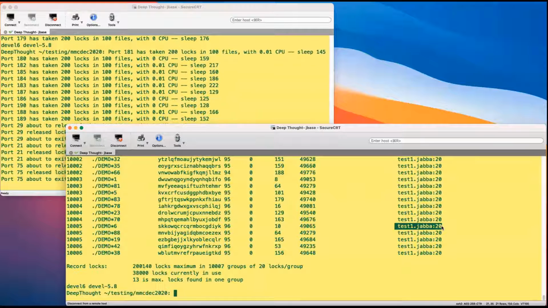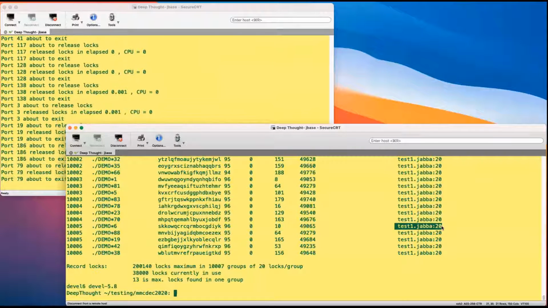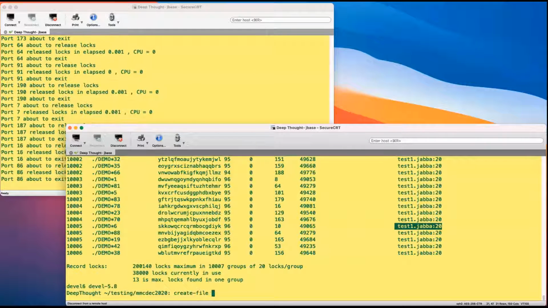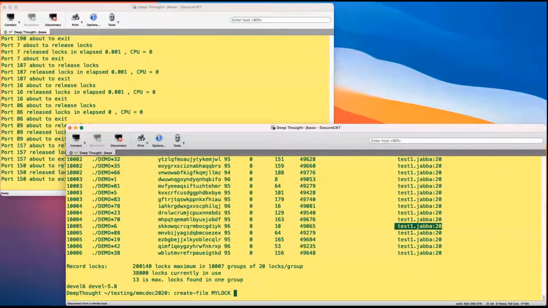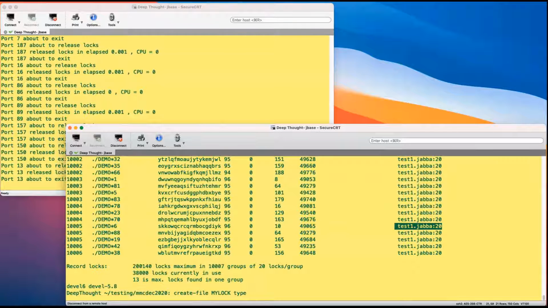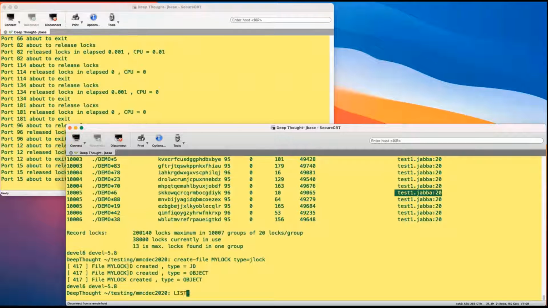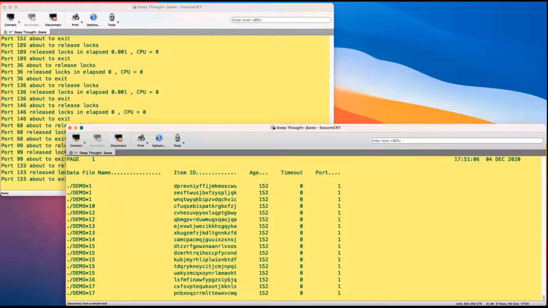Final thing we can do is we can create a file which is a JEDI, and that's like a window into the lock table. So I'm going to do that now. Create file. I'm going to call this file my lock, but of course I can call it what the heck I like, and you go type equals JLock. So instead of creating a dynamic file or a data file, it creates a lock file. And now what we can do things like list my lock. So we can use JQL to look at the locks